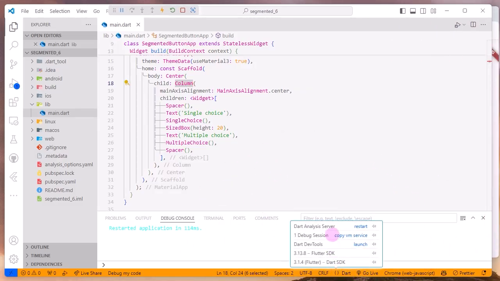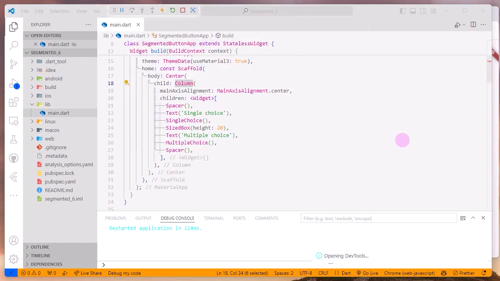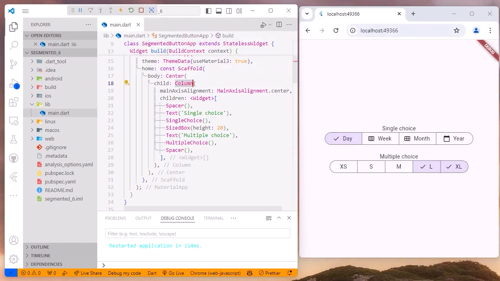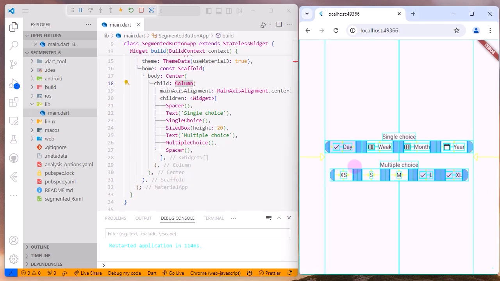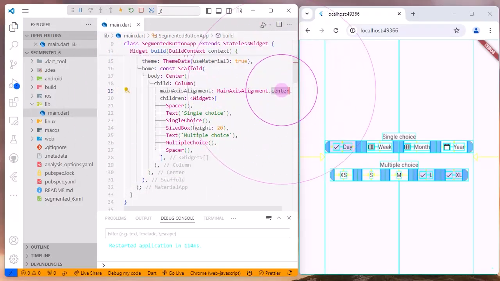I can show you that. I will start my DevTools only to show you the guidelines that are in here, and you can see these yellow arrows that basically center my column. Also I have the Column widget, and this has a property called mainAxisAlignment set to center that is used to center my widgets, but also I have these Spacer widgets that for me